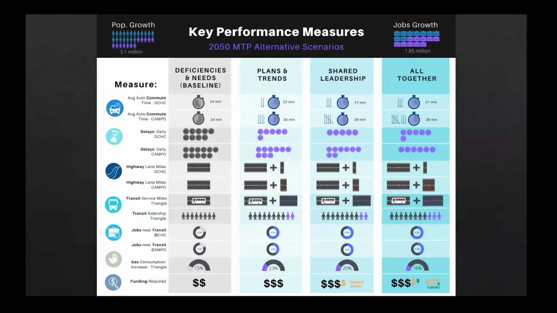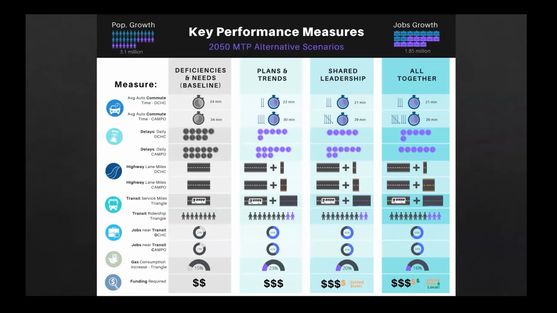Okay, so the first couple rows you see there, the average auto commute time, as you move from left to right, DCHC, the average auto commute time, 24 minutes, Campo, 34 minutes. As you move right, it continues to improve. It's down to 21 and 26 minutes for the two MPOs when you get to that in the end. The next couple delays, this shows the minutes of delay as you move from left to right. Again, for DCHC, the third row there, Campo, the fourth row, it improves. However, on that last one,